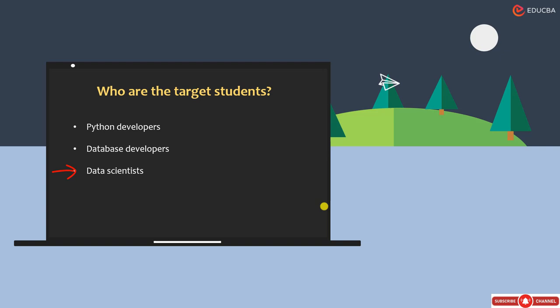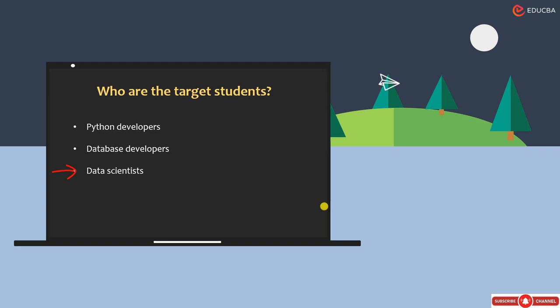That is one of the main reasons the industry is moving towards non-structured databases, where the data is stored, for example, in JSON formats in MongoDB. Once the data is stored in a non-structured way, extraction of the data is very easy as compared to the structured database. So that is one of the targets here: if you are a data scientist or aspiring to be one,